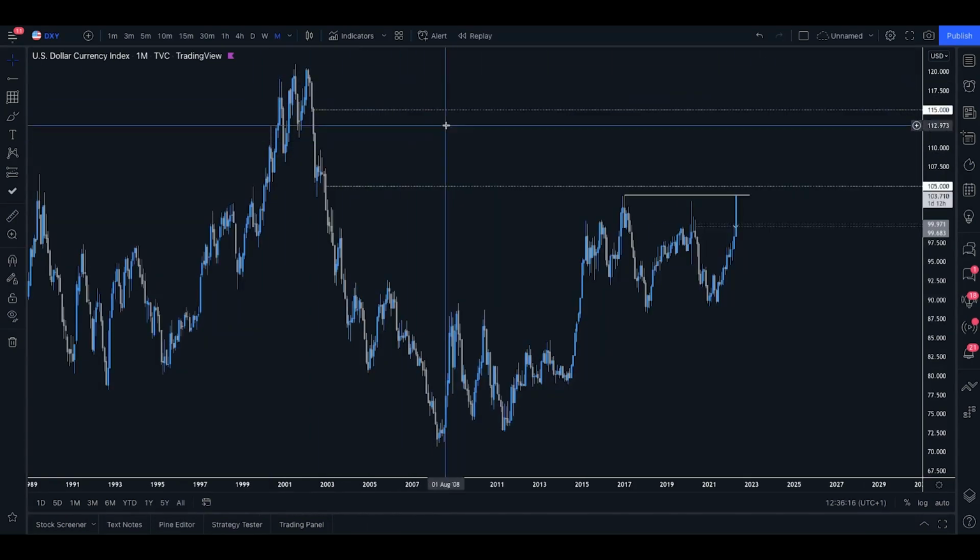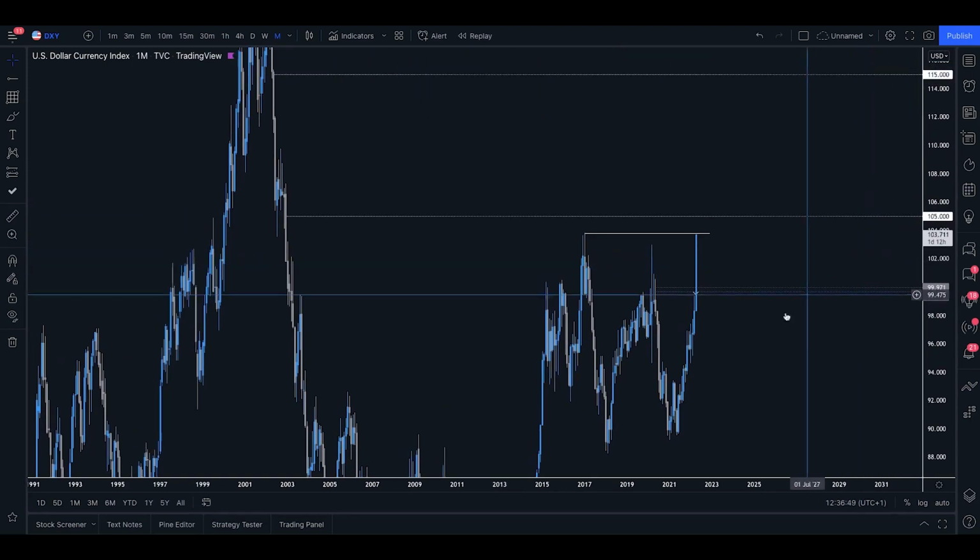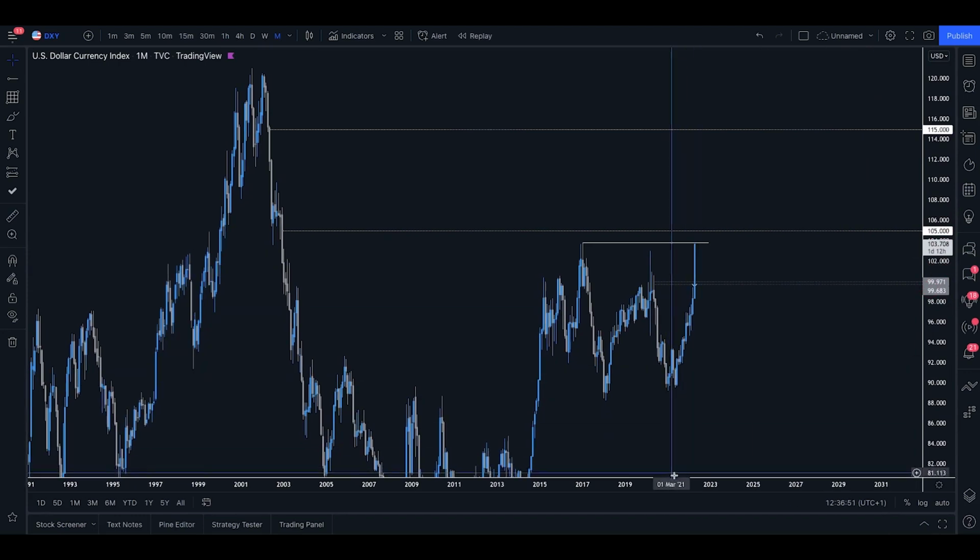Here is the US dollar chart, the DXY. This tracks the strength of the US dollar. Basically, if we look at the last month here, we can see that the monthly's gone insane. We've had a massive uprise, taking out the pre-COVID highs, clearing out all of the COVID losses, and now trading towards multi-year highs, almost as high or very soon to pass the 2017 highs, which will then make it the highest that price has been since 2002. So the US dollar is obviously performing very well right now for the reasons stated, but where do I expect it to go next?